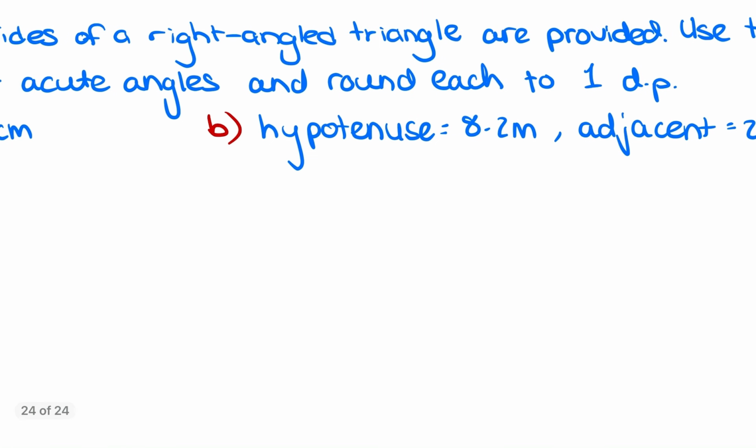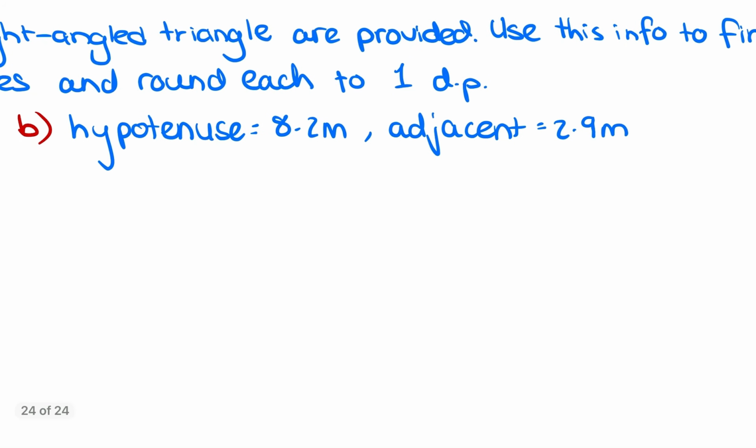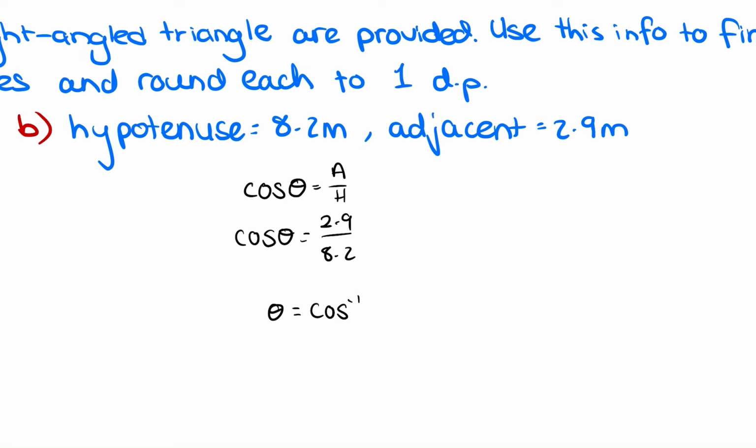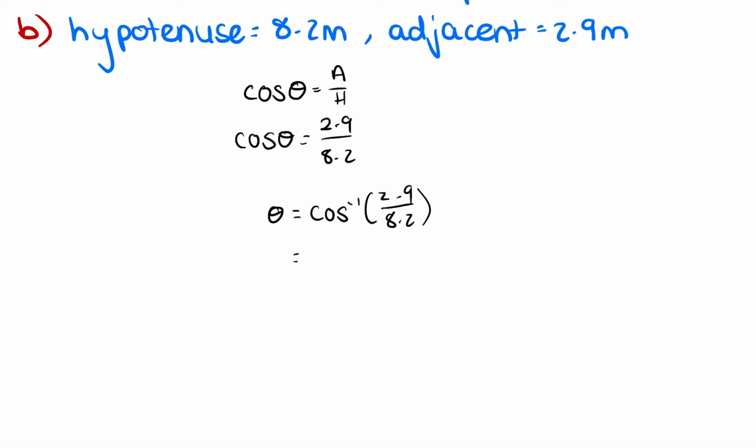Let's do it again one more time. This one here, we've got the hypotenuse and adjacent. If I've got H and A, I'm using cos. So let's start that. Then we're going to go 2.9 divided by 8.2, inverse cos. Chuck it in your calculator, and we get